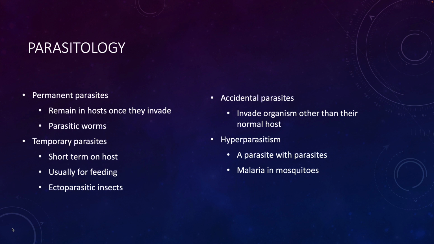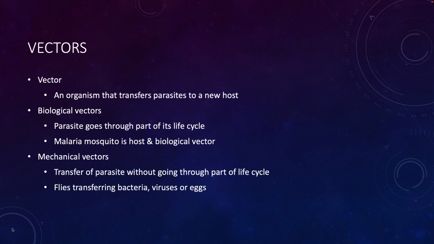And then we also have a situation of hyperparasitism, where we have a parasite living within a parasite. An example of this could be something like malaria. So malaria is a parasite that you can find in mosquitoes. Mosquitoes are a parasite that feeds on us. So you can have that kind of hyperparasitic relationship. We'll have one more slide of terminology, and then we'll talk about some of the bugs that can bite.